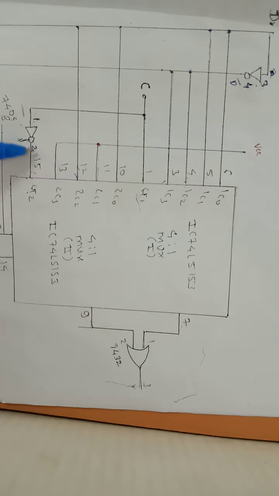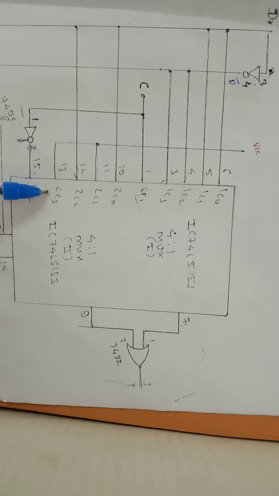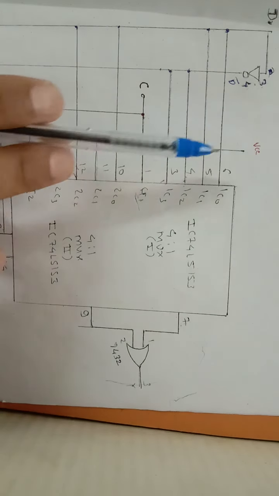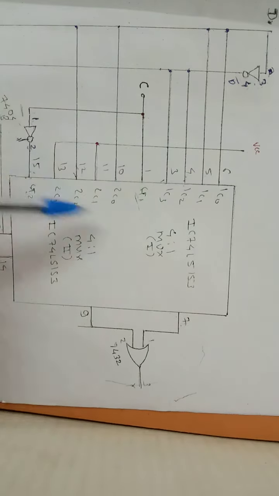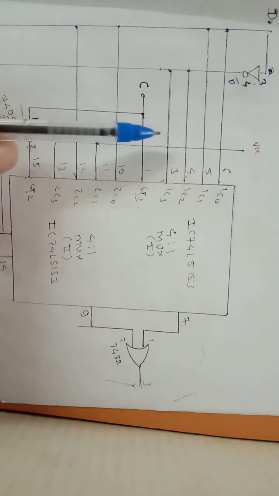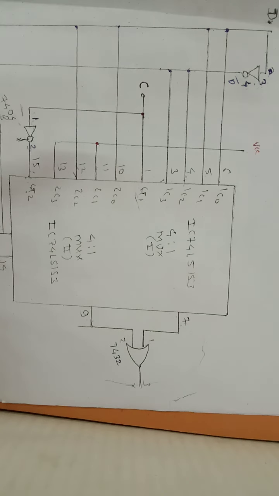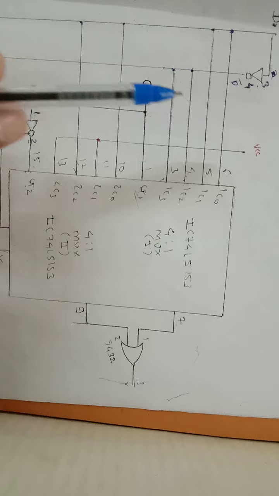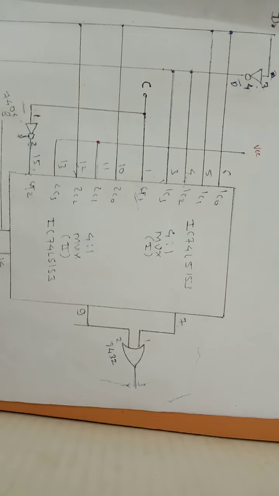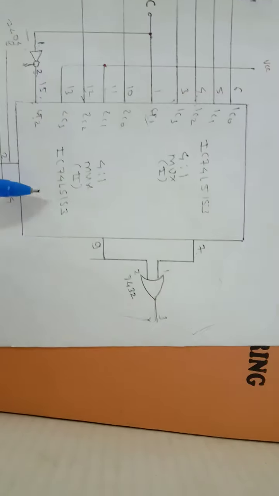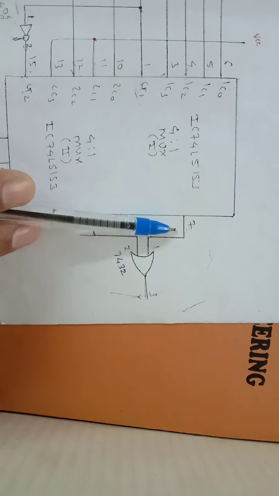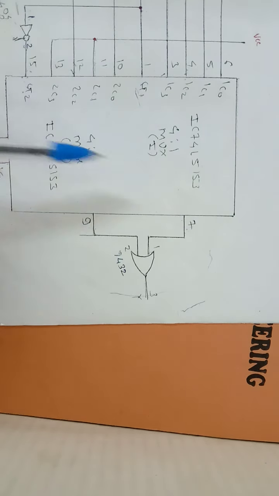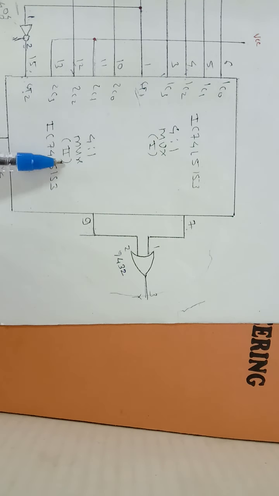Again 2C1 and 2C3 are connected to VCC, that's why these two lines are connected to VCC. As per the designing table, all the lines of the mux we connect to either D, D bar, VCC or ground. I repeat again: D, D bar, VCC, where 1 means VCC and 0 means ground. In our logic there is no ground, so we connect VCC, since 1 means VCC. These are the diagram connections, and both muxes are 4:1 mux. The first mux output is pin 7, the second mux output is pin 9.